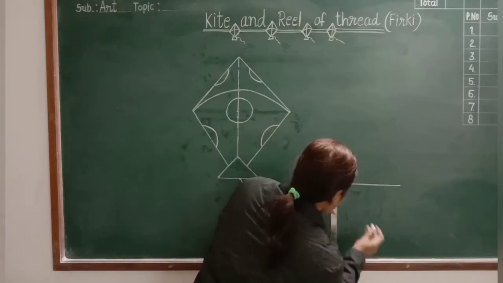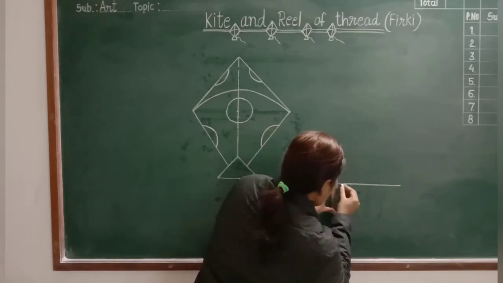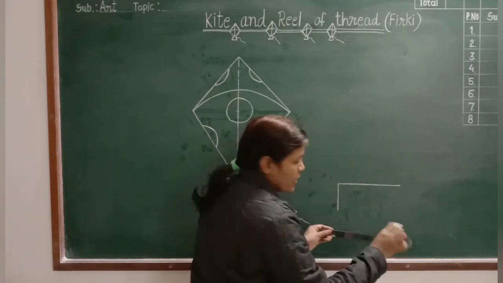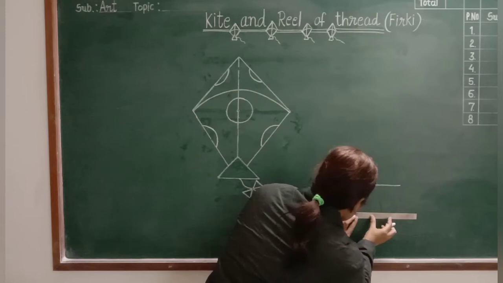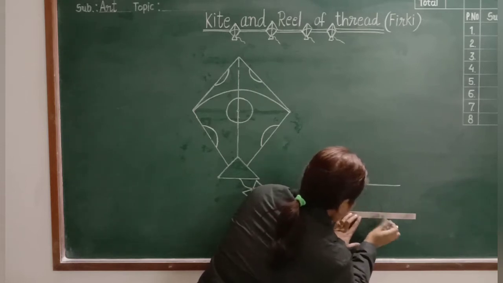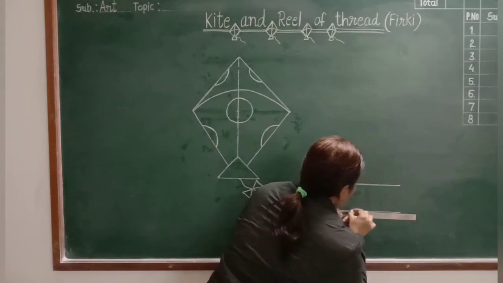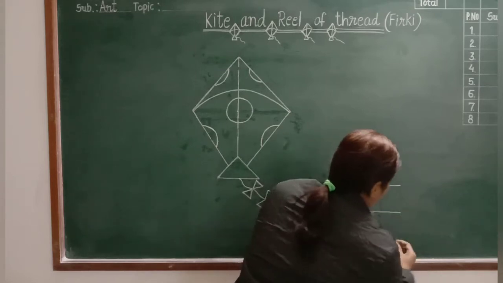For the rectangle shape, sleeping line, like standing line, then again sleeping line, then sleeping line, after that standing line,